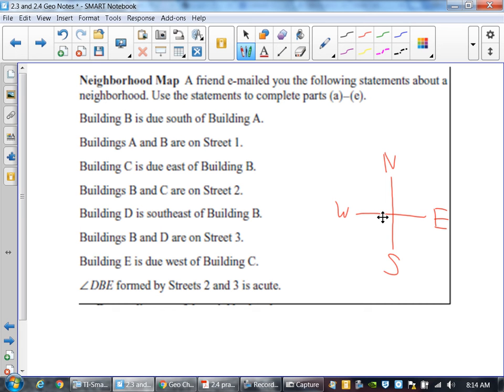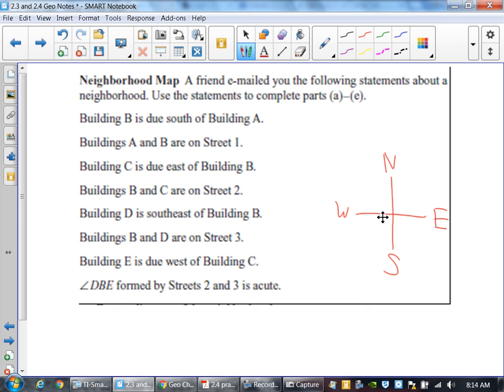Building E is due west of building C. So it's got to be to the left or to the right of C, we don't know. It's going to be somewhere on street 2. So it could be here or it could be here. We're not sure yet because the last